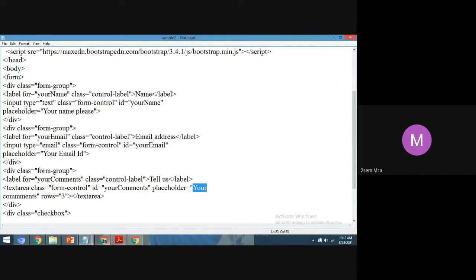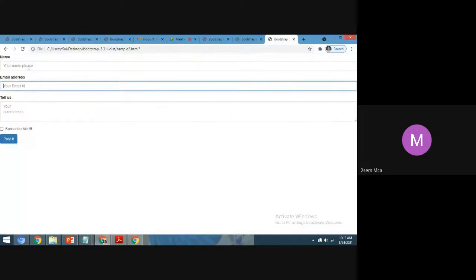See students, to take an input from the user, first I have taken the input tags for two inputs, that is for name and mail address. And to take a comment from the user, I am using text area. Why we use text area is, suppose you are entering multiple lines of text. I may have a lot of issues with respect to some website, so I want to write one paragraph of comments.